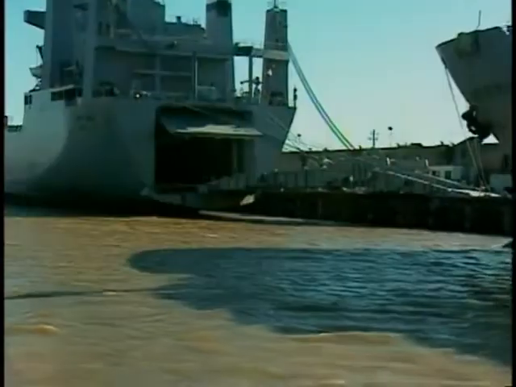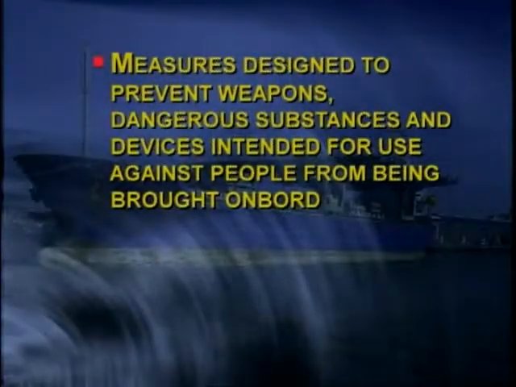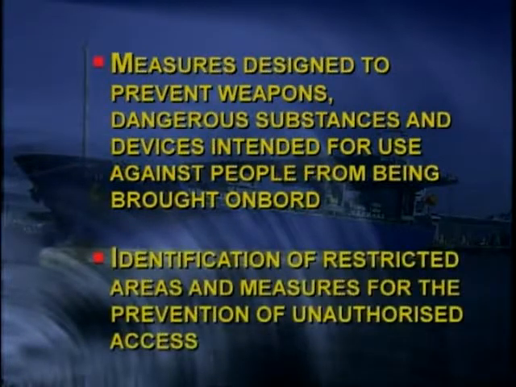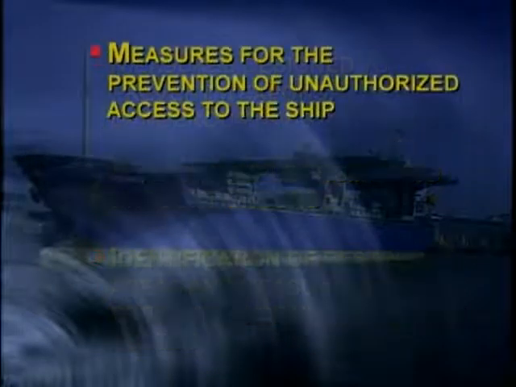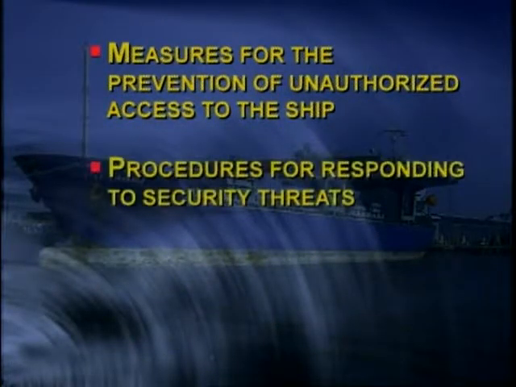The ship security plan should include the following elements: measures designed to prevent weapons, dangerous substances, and devices intended for use against people from being brought on board the ship; identification of the restricted areas and measures for the prevention of unauthorized access; measures for the prevention of unauthorized access to the ship; procedures for responding to security threats;